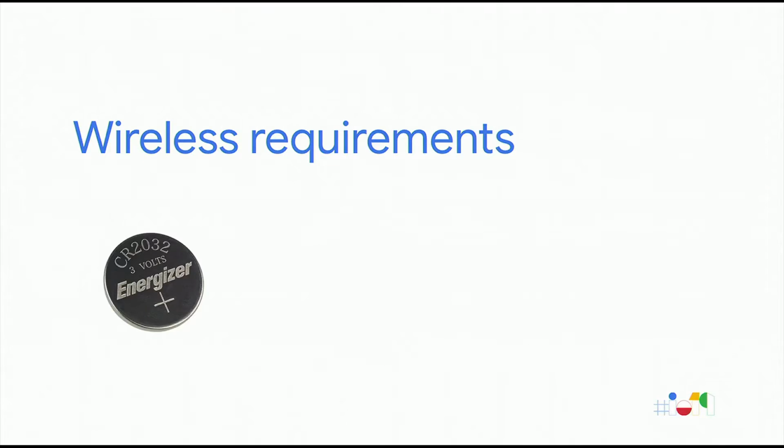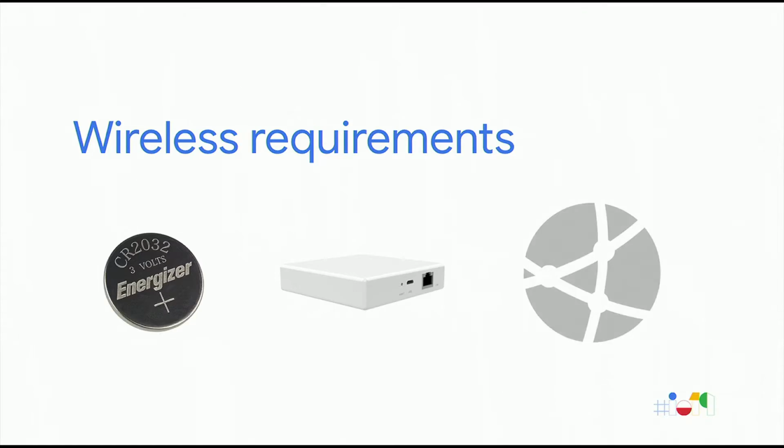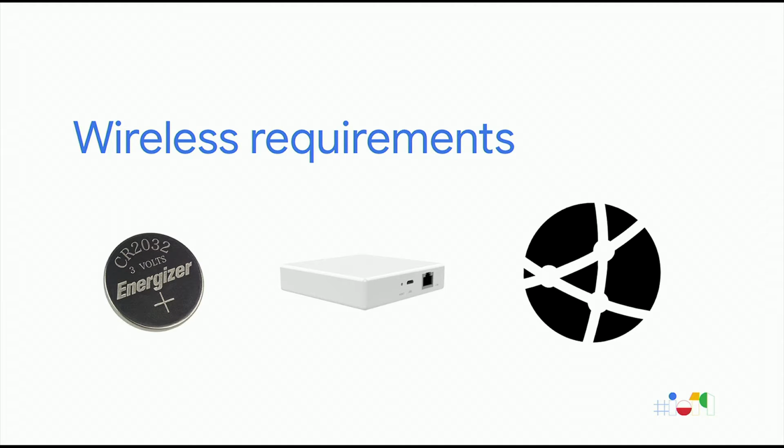So for the devices we're going to build today, we want them to be very, very low power. So this means not just having long battery life, but also being able to work on very, very small batteries for long amounts of time. Next, we want no proprietary hubs or gateways. We don't want to have proprietary application layers or require users to install new hardware for every single device that they buy. And finally, we want IP all the way to the edge.